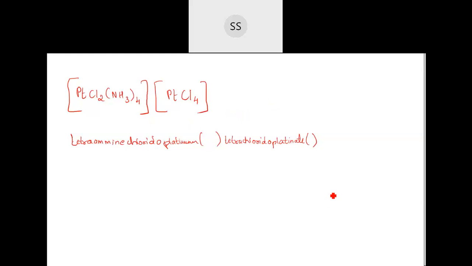Two oxidation states are possible. One is +2 and the other one is +4. For platinum only these two oxidation states are possible. So you have to tell me which one will go correctly. Whether I should write +2 on both sides, should I write +4 on both sides, or should I write +2 and +4, or +4 and +2. One complex should carry a positive charge and one should carry a negative charge. So see which will go correctly.